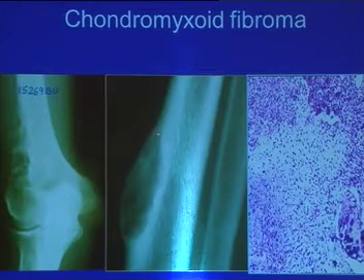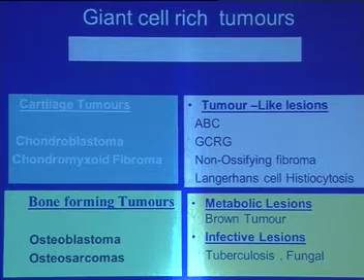They often show a sclerotic medullary border, and histologically chondromyxoid fibromas can have giant cells. Although it's not very rich in giant cells, in a biopsy it's quite possible that I may get an area which is not so chondromyxoid and which is more giant cell rich, and hence I thought that I should include this too in my discussion on giant cell tumors.